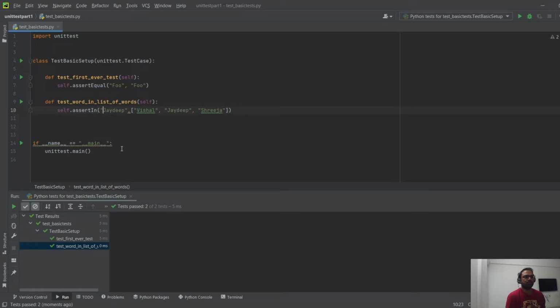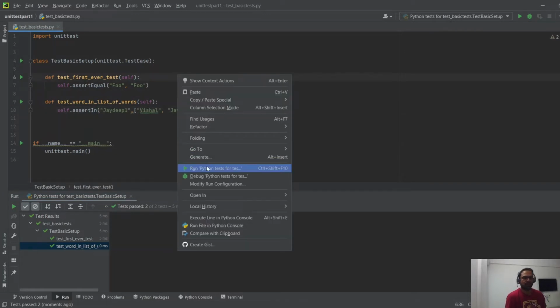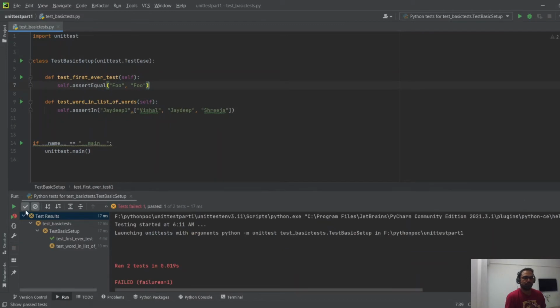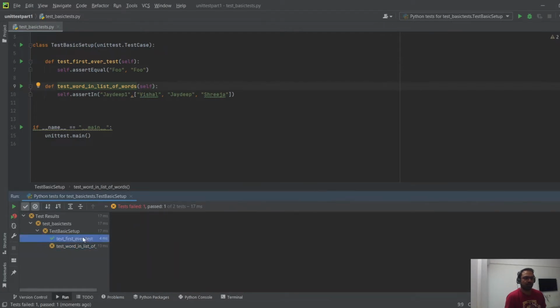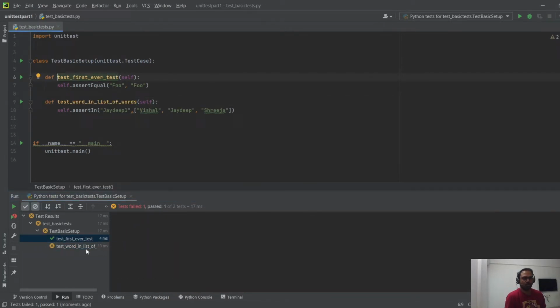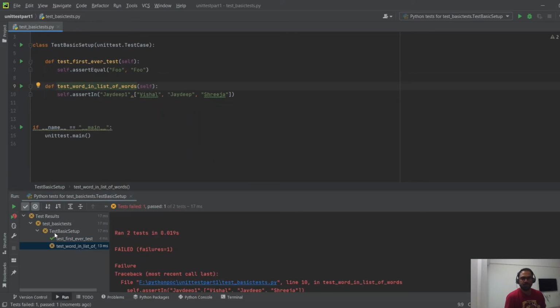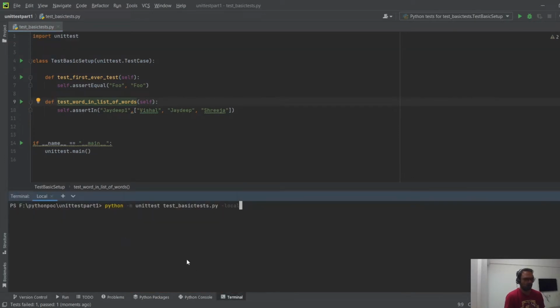Now if I make the first test fail and run the tests again, you see the second test has failed, and if you click on it, it'll tell you why the test has failed. The word cherry1 was not found in the list, and the first test case is running as expected, no issues there. So the left-hand side panel will also tell you which tests are failing and why. If I just run it now with locals,